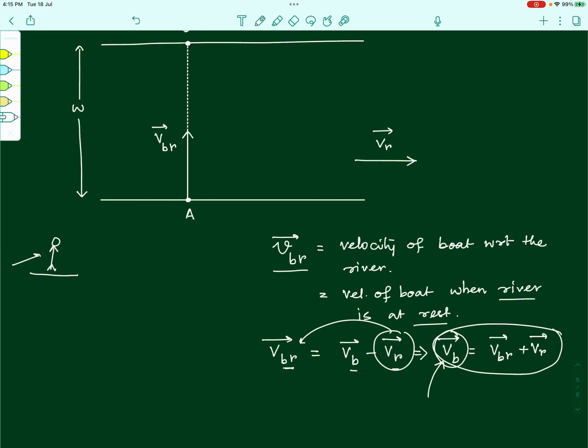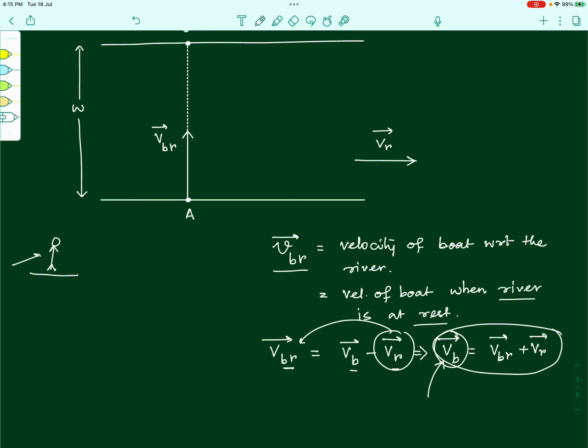Or in other words, you can simply say that it's the velocity of the boat with respect to the ground, the actual velocity with respect to the riverside, right? So this particular difference you must all understand very carefully. One is VB, the velocity of the boat, the actual velocity of the boat, and the other is VBR, the